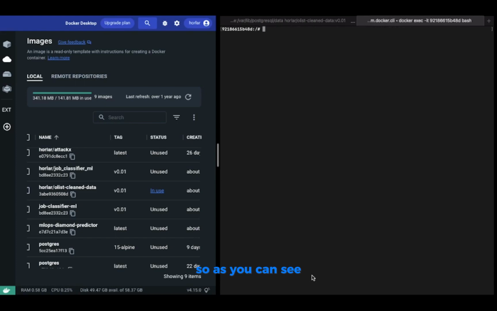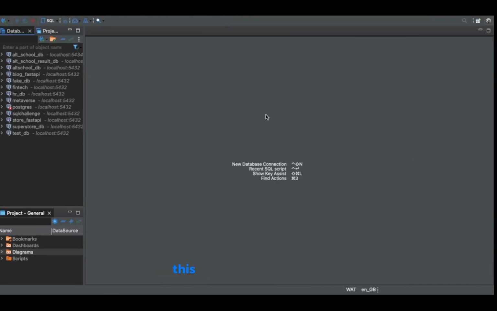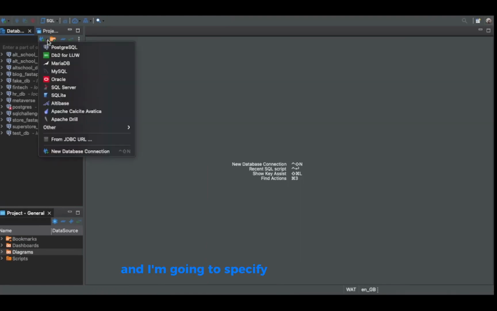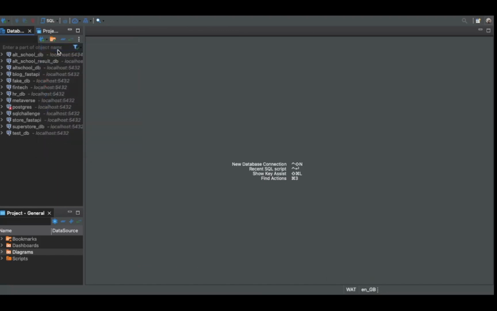So as you can see, if you want to go out of the bash container, you can say exit. And then we've exited out of the container. So now let's see how we can connect to this same database using our DBeaver. All right, this is my DBeaver right here. I'm going to click on this connection button,